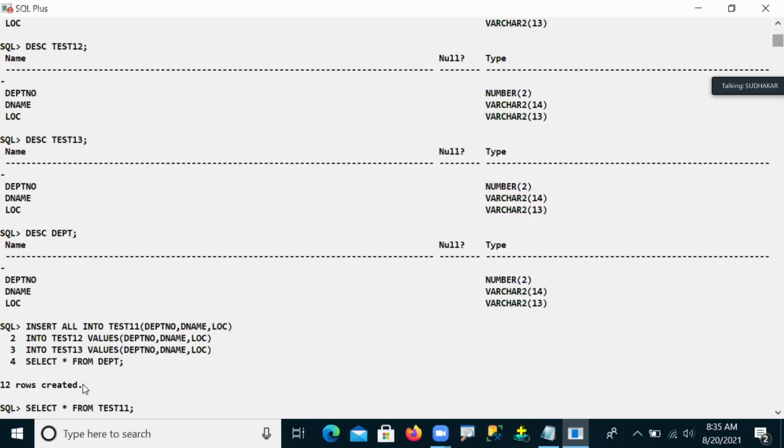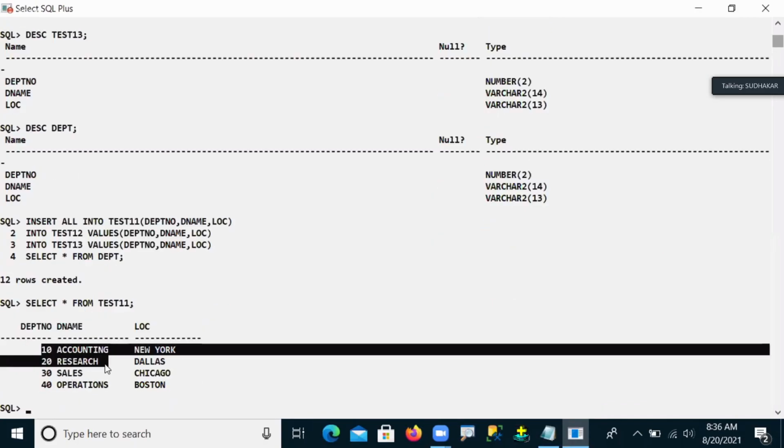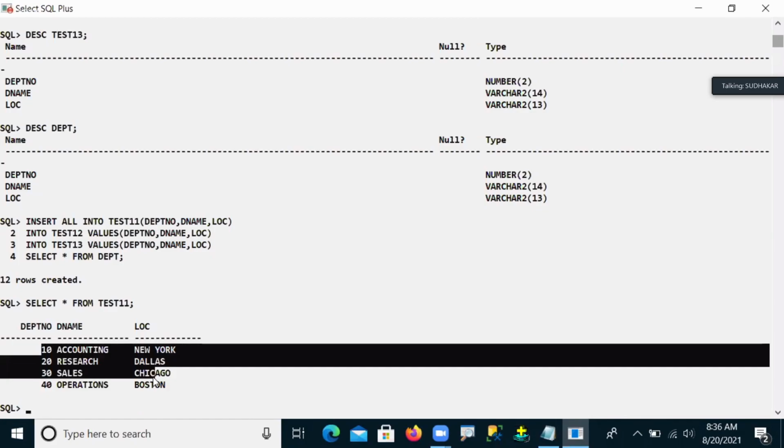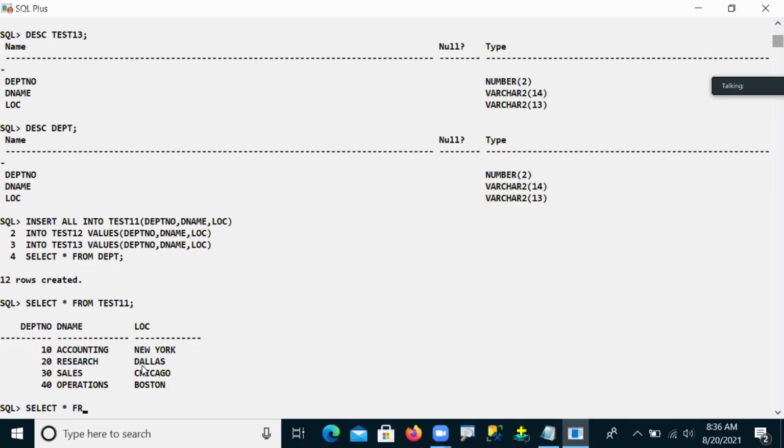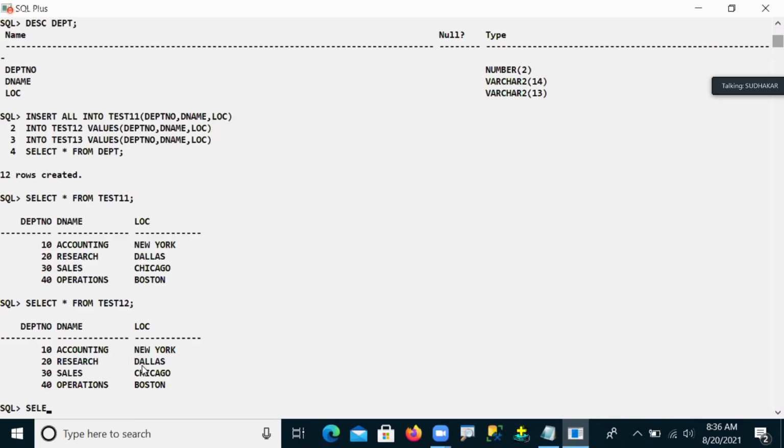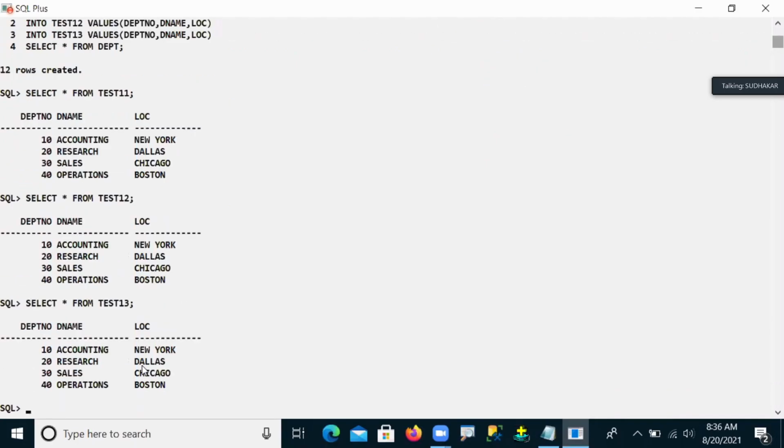Is the data moving or not, is the data inserted or not? Data successfully inserted. In the same way, check test number 12, data inserted. Same for test number 13, data inserted. So all are inserted here.